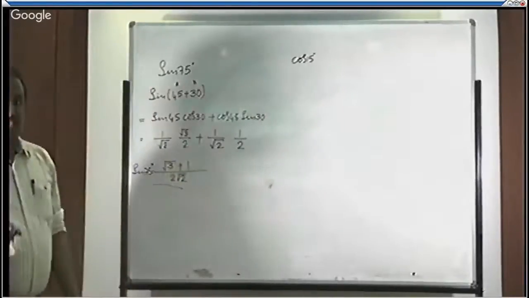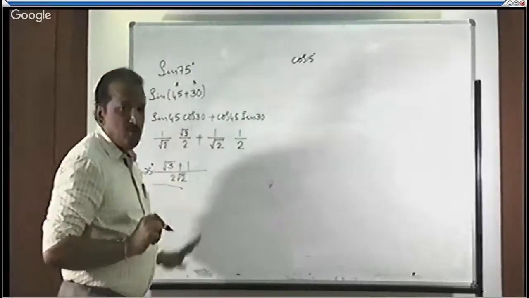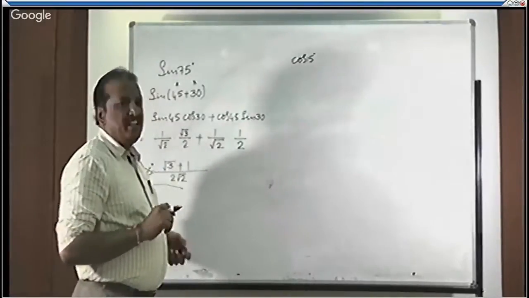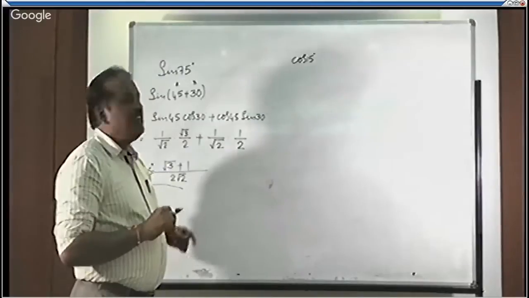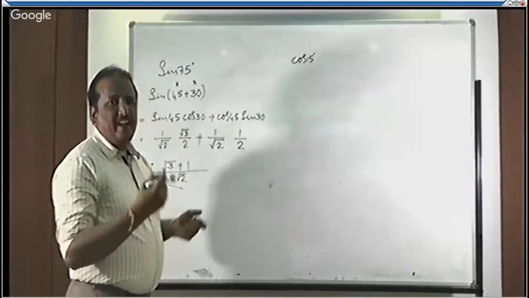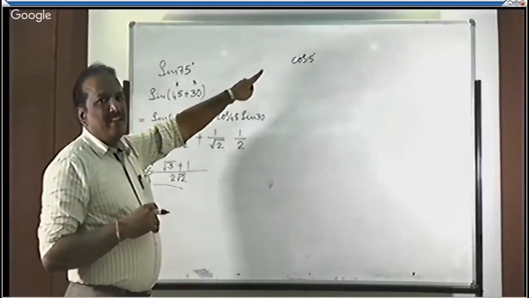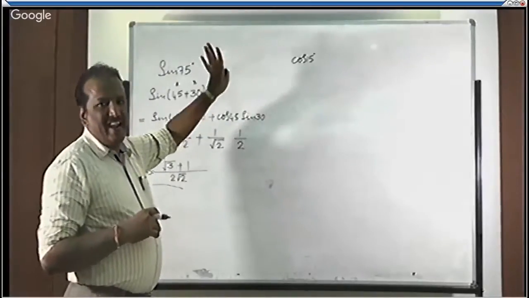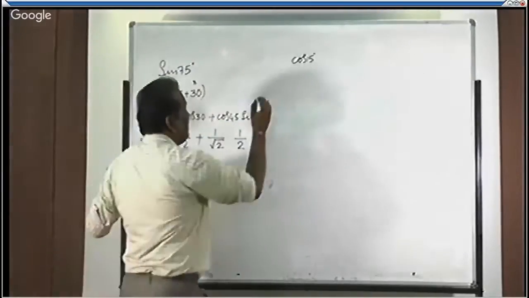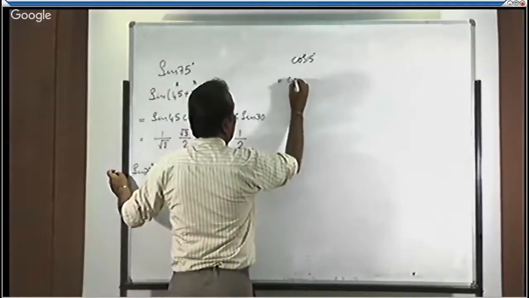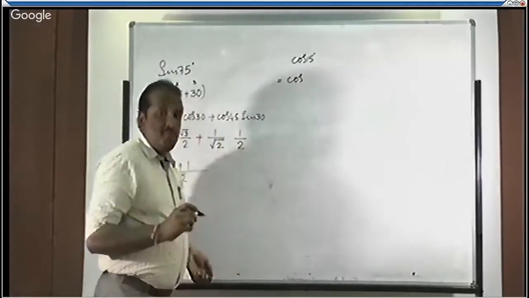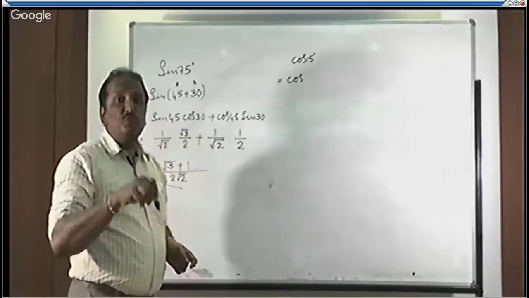Once again, the same strategy holds good here also. 15 degree is an acute angle. If it is a standard angle, we may write its numerical value. Even though it is an acute angle, we never think of 15 degree as a standard angle. Now, applying common sense, write this 15 degree as a sum or difference of any two standard angles.